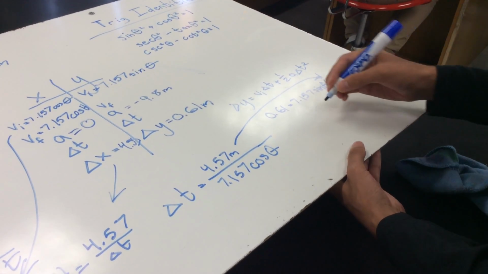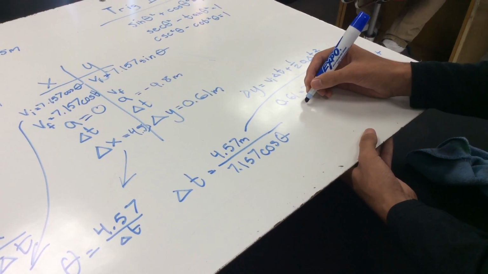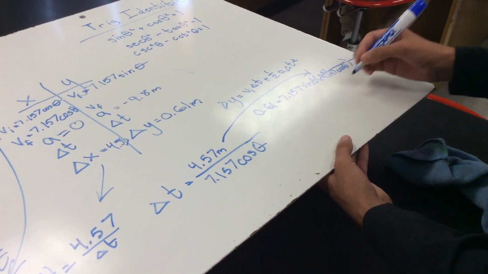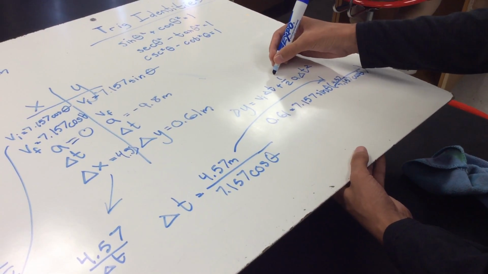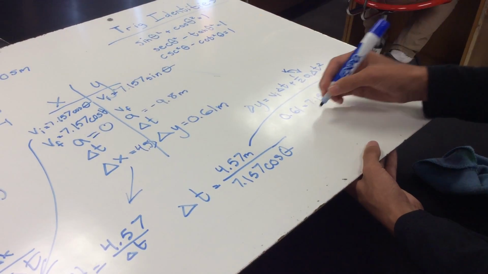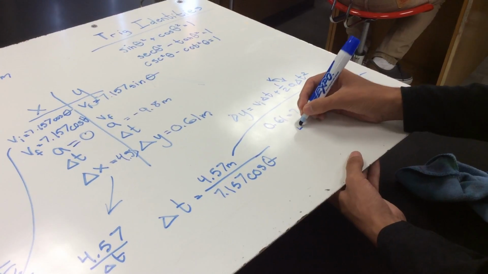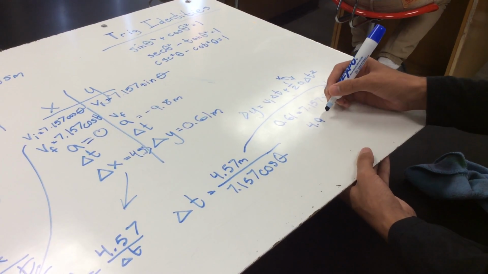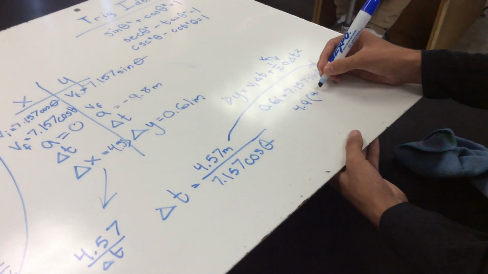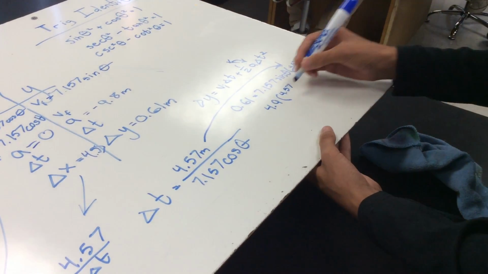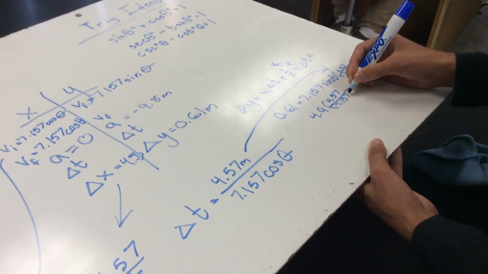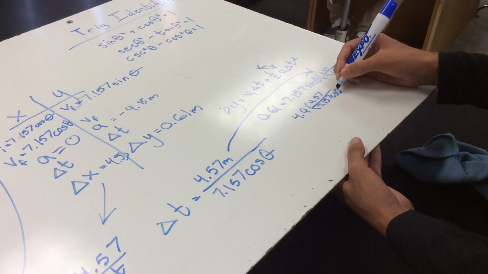and then, oh no, sorry, that should be minus. So if you simplify 1/2 and the acceleration, which is negative 9.8, it's negative 4.9, and then you sub in t squared again, which is 4.57 over 7.157 cosine theta